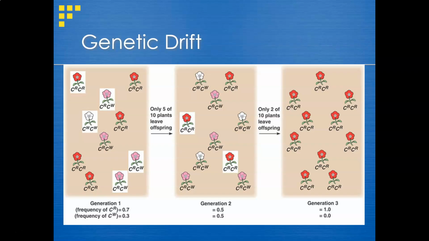I've got this wildflower population, and in generation 1, my frequency of dominant versus recessive is 70-30. In my next generation, only 5 of those 10 plants actually leave offspring, and now I'm looking at a 50-50. Do this again, now only 2 of those plants leave offspring, and now I've actually gotten to the point where I have what we call fixed an allele in the population,